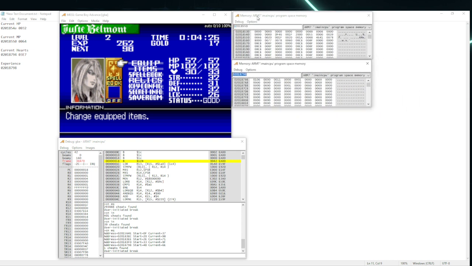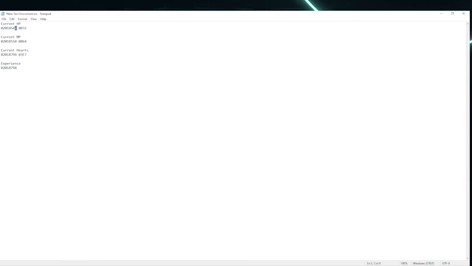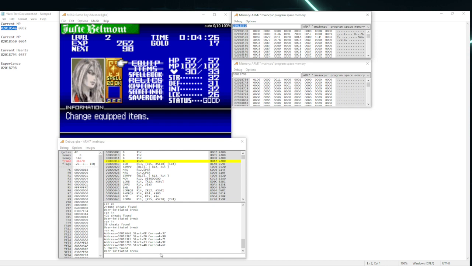Okay, so let's say I don't want to lose health. I want to change the code, the instructions of the game, so that when I take damage, instead of taking damage, it will do nothing. So we're going to use our HP address. Copy that. Bring it back into the emulator. So now we're going to do